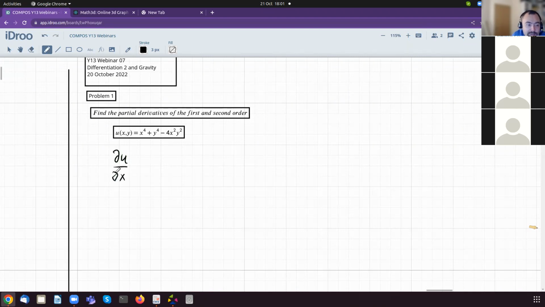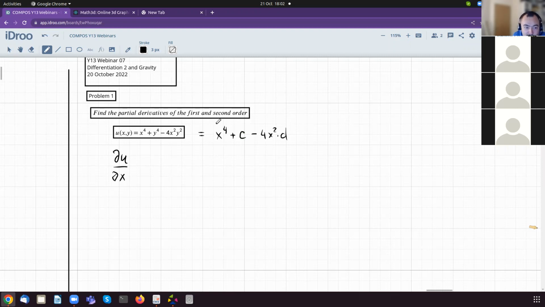To find the partial derivative, we treat y as a constant. So how would that look if we treat y as a constant? It's going to be x to the power 4 plus c minus 4x squared times, well, let's call it d,